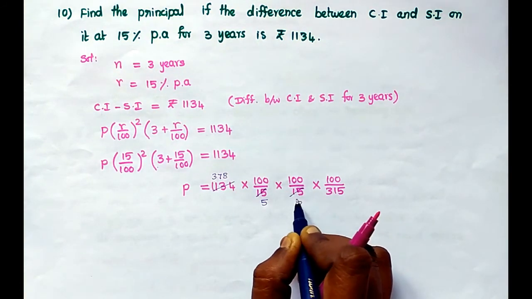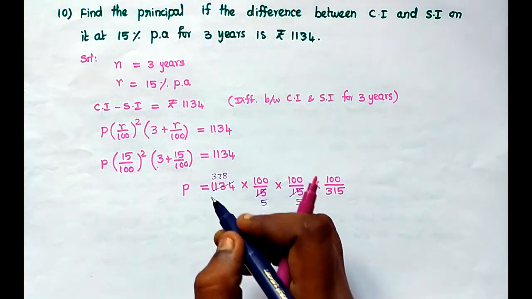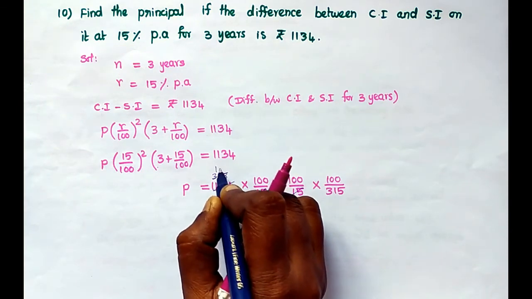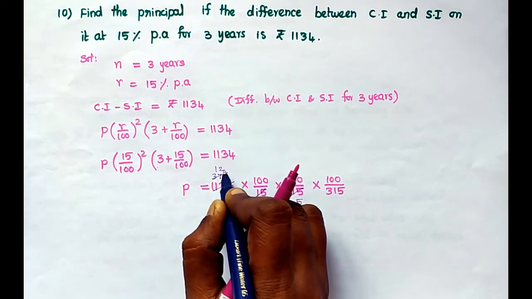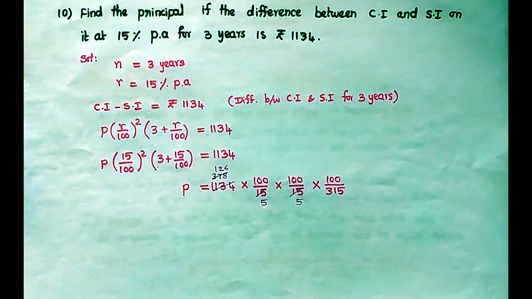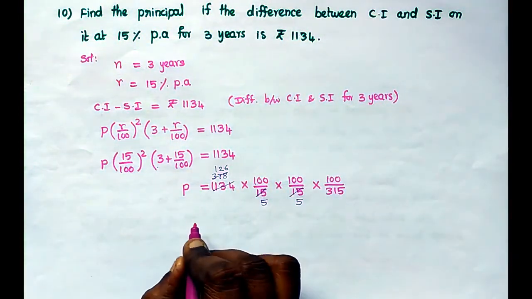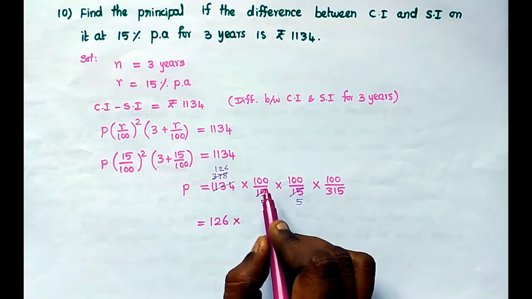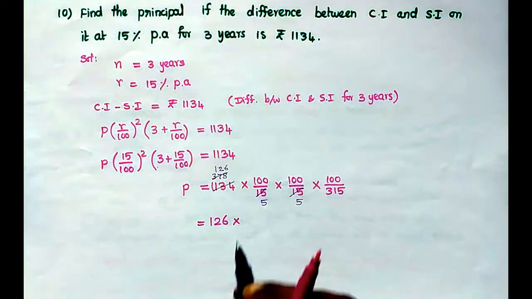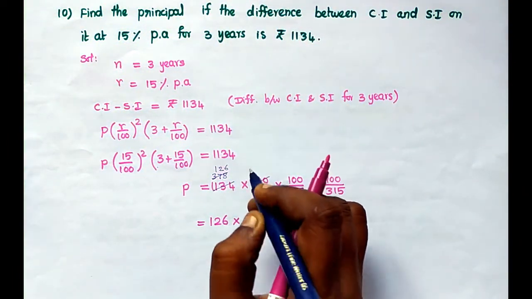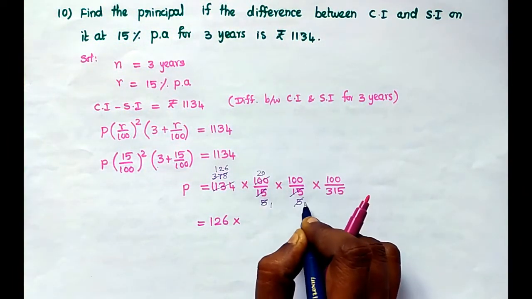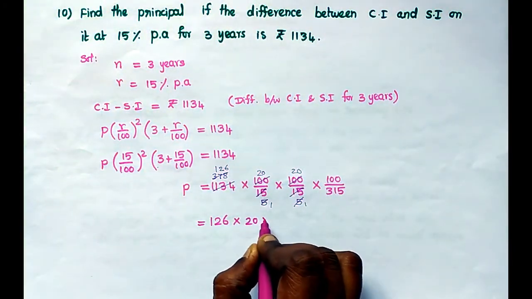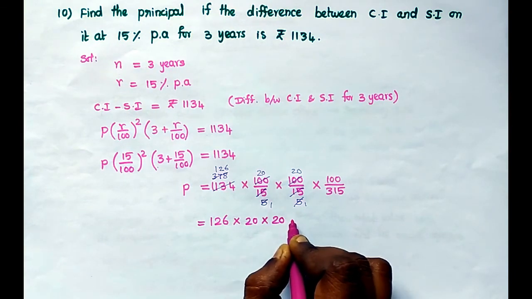Again here by 3 table means 5 times, and here 1 2 3s are 6, balance 1, it becomes 18, so 126. Write down the remaining number: 126 into 100 divided by 5. It gets cancelled by fifth table, that is 20. Here also 20. 20 into 20, and here